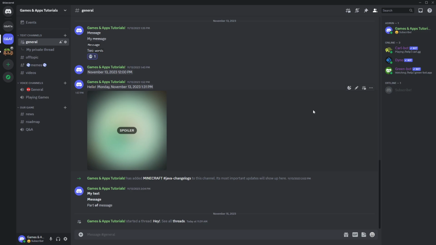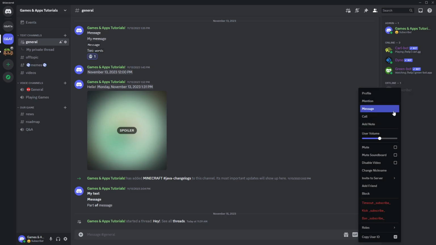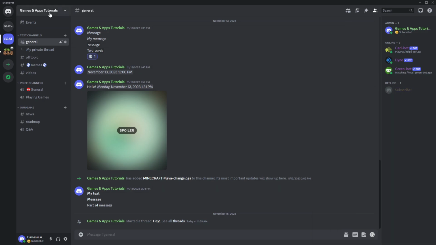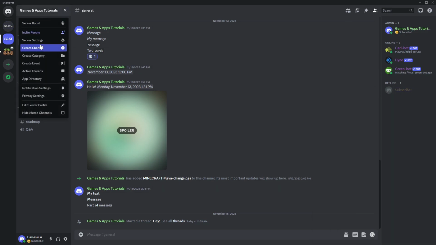In order to give a role to a specific member, all you need to do is right click the person, and then over here at the bottom you will find roles where you can select which roles the person should have on your server. You can also go to the roles, so let's click on the server name, server settings,